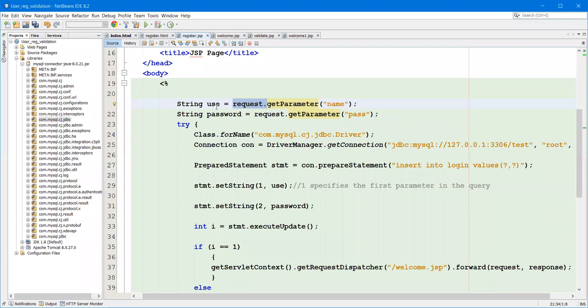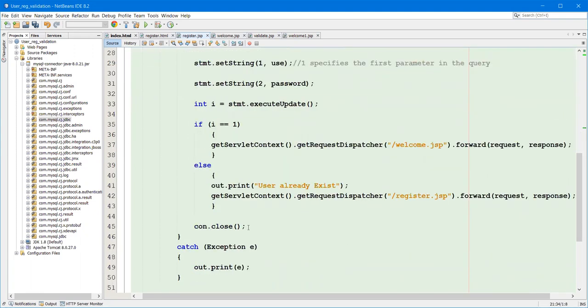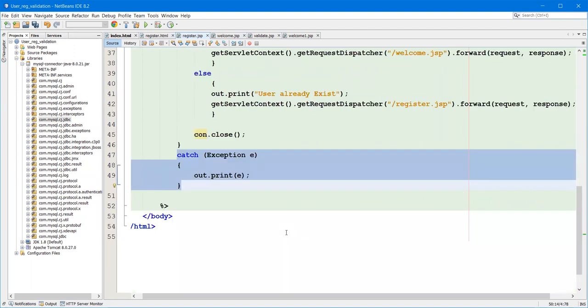It reduces the coding part, whereas in servlet we have to define each and everything. That is the main difference between JSP and servlet. In servlet, we also need to close the connection and catch and write any exceptions.